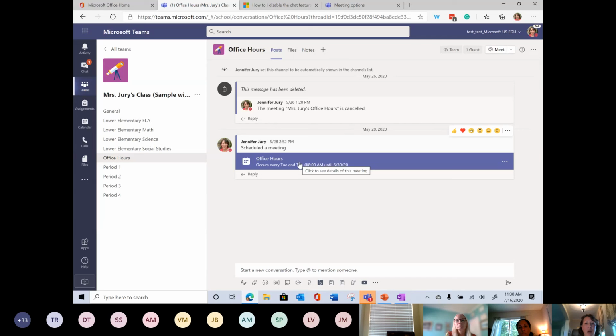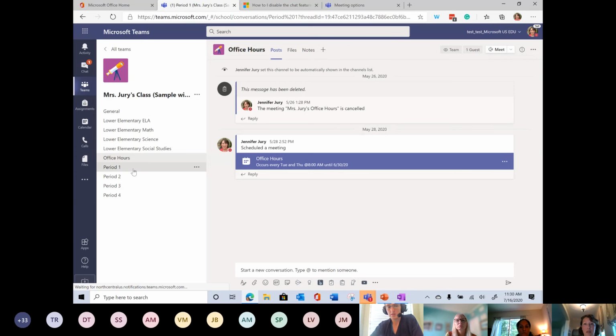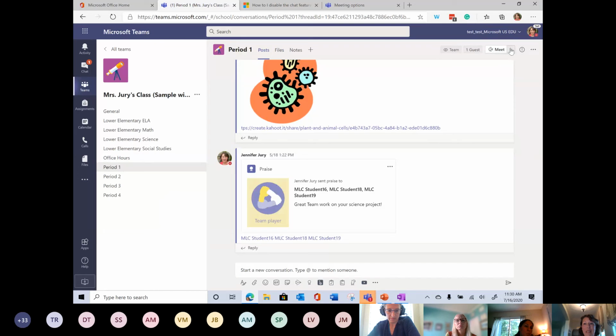So that ease and simplifying will make it so much more comfortable for yourself and for your students. Now, if you need to do breakout rooms and you have, say, these are not periods, but they're groups, you could click on each one of these and you could do a meet now. And so you would meet now with that group, you would click this second group, meet now, click the third group, meet now, and it would let you toggle back and forth between your 3 groups